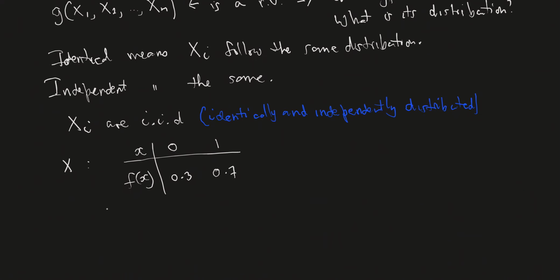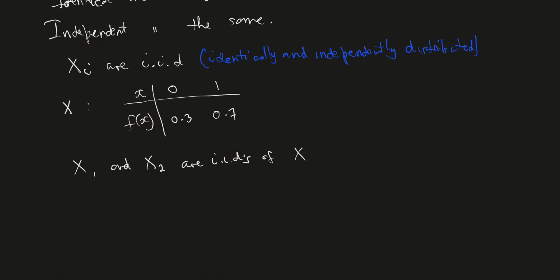So let's say that x1 and x2 are IIDs of this distribution, so are IIDs of X. Basically, they're exactly the same, and it's almost like we're running our trial twice, and on each trial we can either get a 0 or 1, and here is our probability. So here's a really simple distribution of